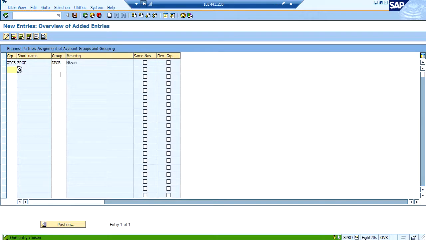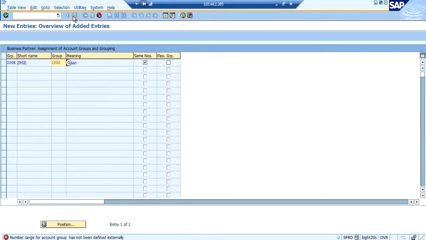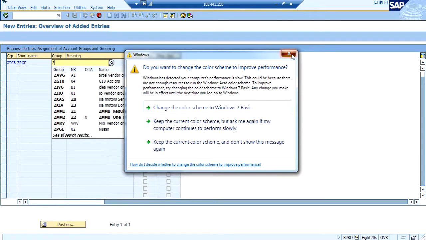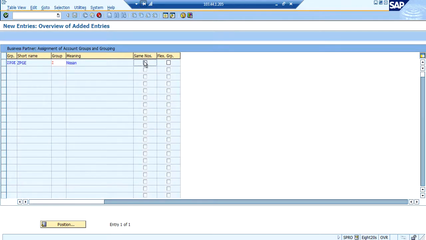I have assigned both. If I activate this check button, then whichever business partner I have created, the same should be the vendor master record number.